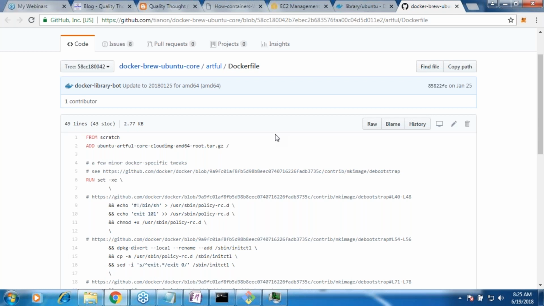Nginx uses some more images, some more images use that, and if you track all the parents, okay,